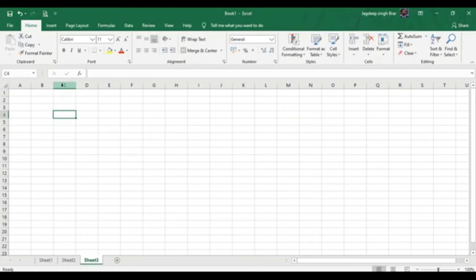As you can see, the address of this cell is C4. The alphabet of the column, that is C, and the row number, that is 4. You can check the address in the address bar. As you select this cell, that is D2. So the address is D2.